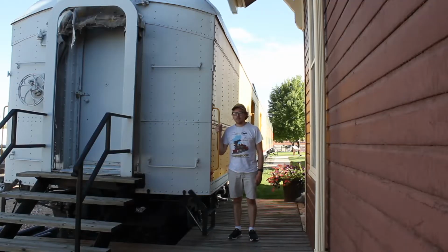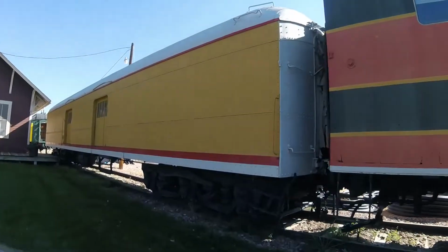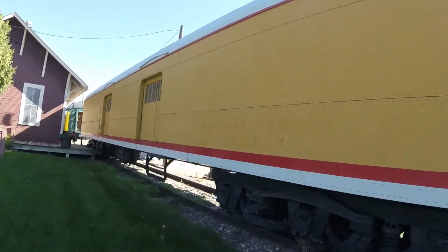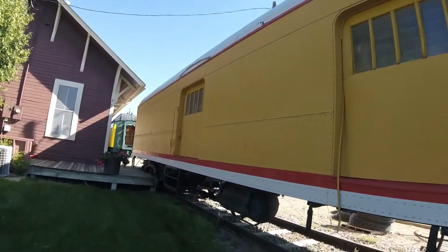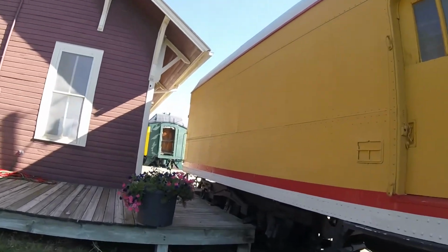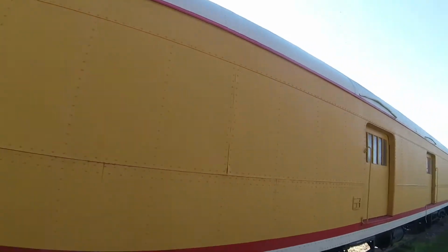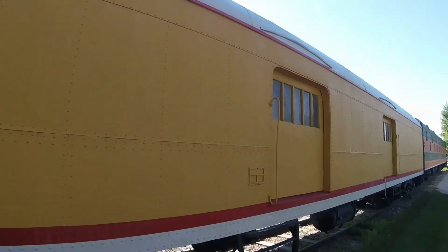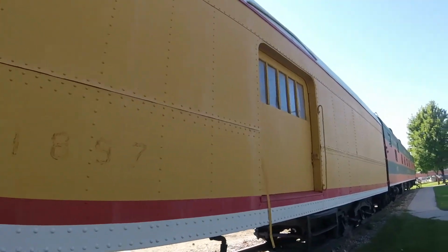What you see right behind me is Union Pacific 1897. Union Pacific 1897 was built by Pullman in 1911 and is a baggage car. Originally, this car was used on the Oregon Short Line Railroad, which is a subsidiary of the Union Pacific Railroad and originally numbered 331. It was used on passenger trains for the railroad, and for many years it would carry